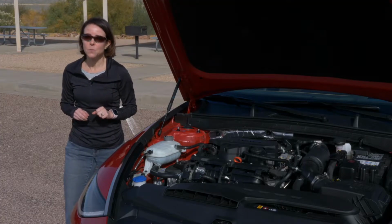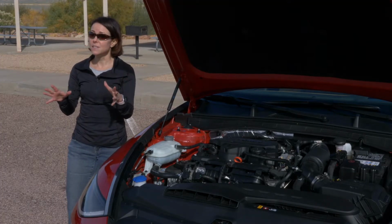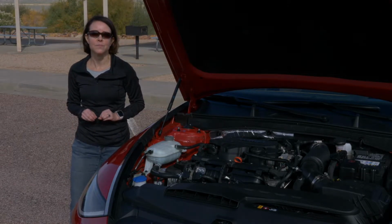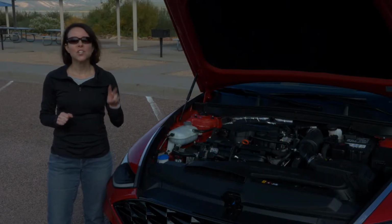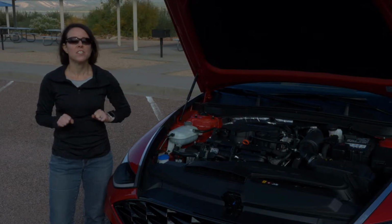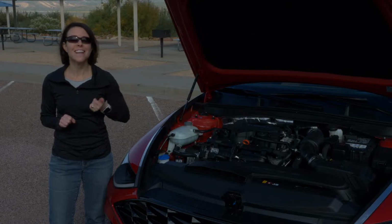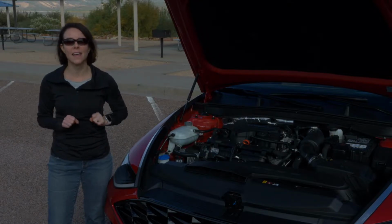Now just because there means there's more power right here, because in combined driving, this is going to average about 31 miles per gallon. For 2020, Sonata gets 2 engines. The base engine is going to be a 2.5 liter that will deliver 191 horsepower and 181,